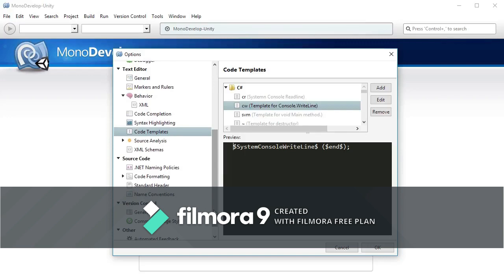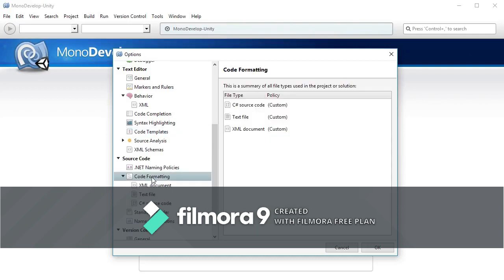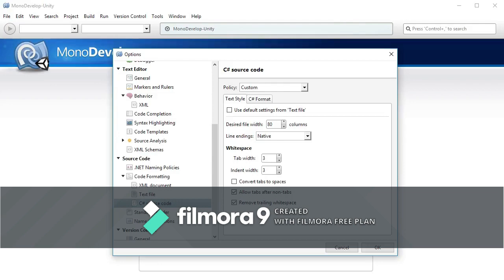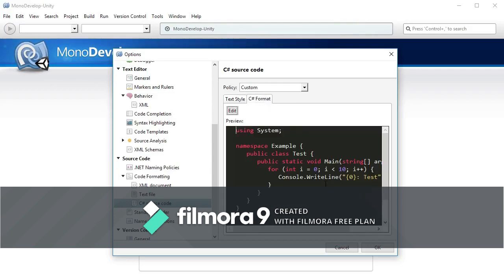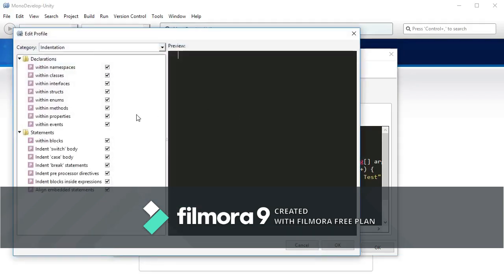MonoDevelop, an IDE for the .NET platform, with features comparable to Microsoft Visual Studio. Highlights include multi-platform IDE and user projects, multi-language, project templates for C#, Visual Basic, Boo, Java, and C++, code completion support for C#, code templates, code folding, customizable window layouts, user-defined key bindings, external tools, integrated debugger for debugging Mono and native applications, integrated compiler, supports up to C# 6.0,